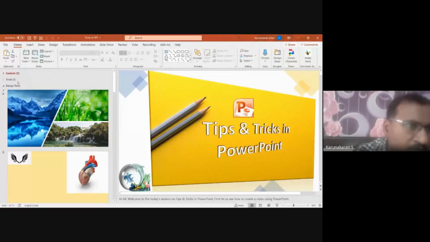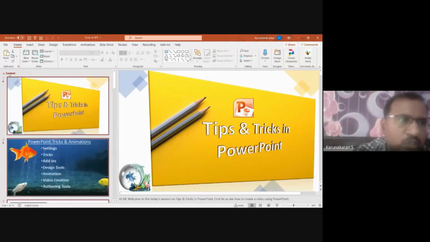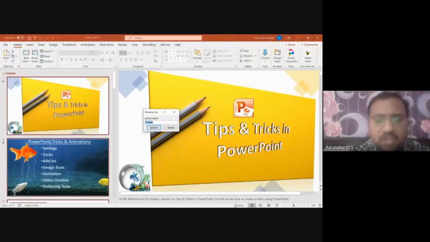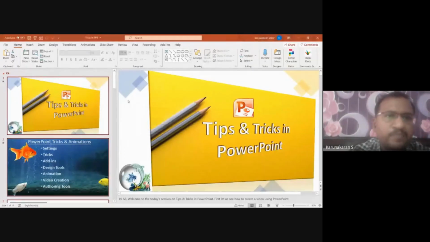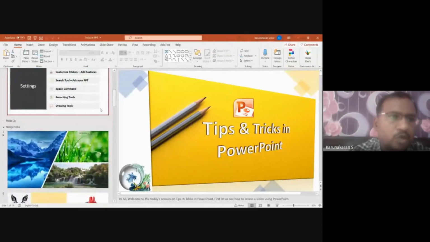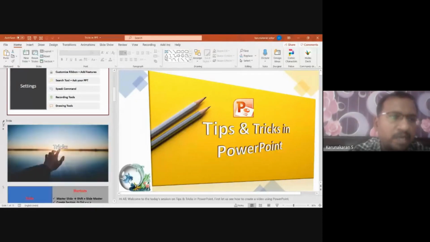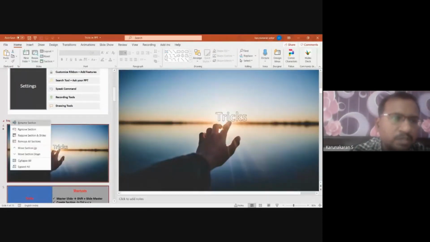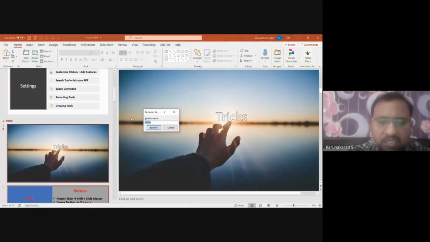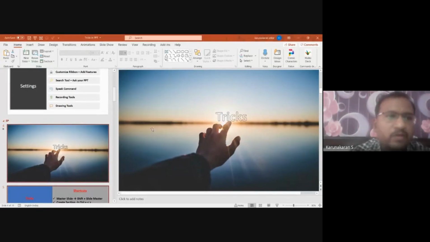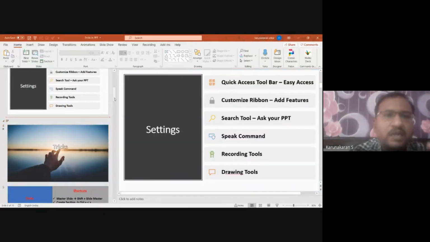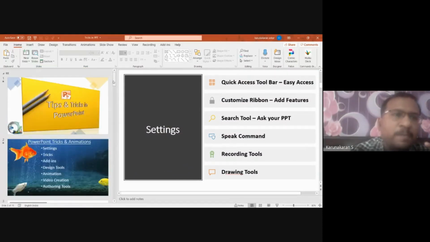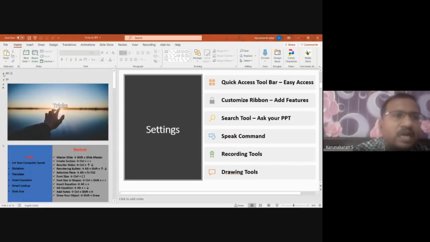It shows the number of slides available here. You can click on this and rename. So for example, if the first topic is going to be by KK, myself, I'm naming it as KK. And the second portion is going to be explained by Sri Priya ma'am. I'm naming it as SP. So for every faculty, I can divide the portions and give them. They can insert slides in between, they can work on them, and I will minimize this.